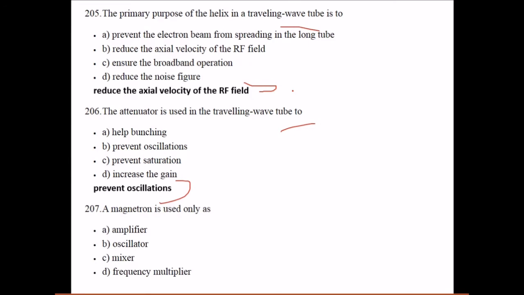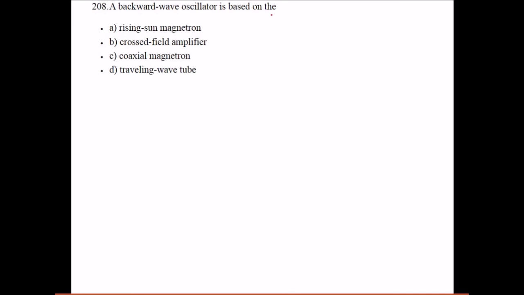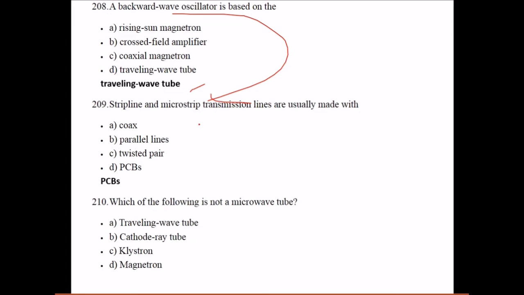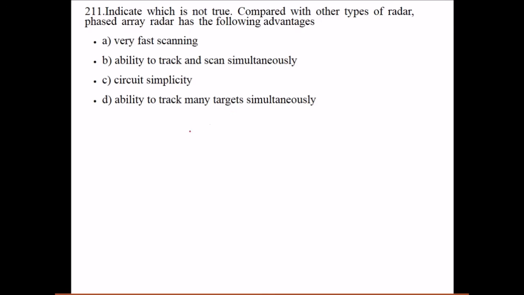A magnetron is used only as an oscillator. A backward wave oscillator is based on the traveling wave tube. So strip line and microstrip transmission lines are usually made with PCBs. So which of the following is not a microwave tube? Cathode ray tube. This is not a microwave tube. So indicate which is not true compared with other types of